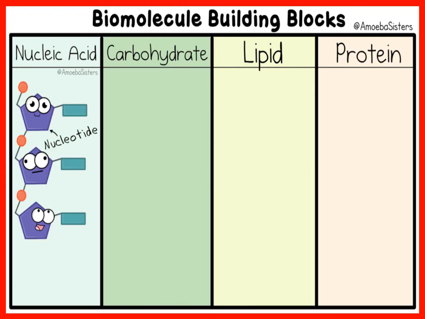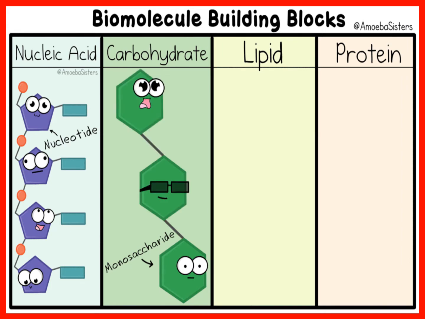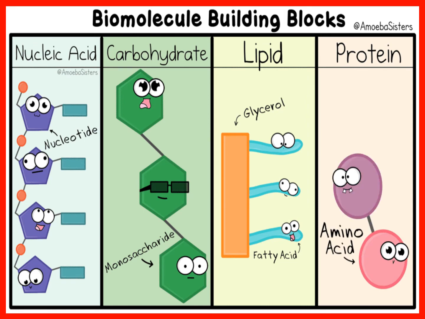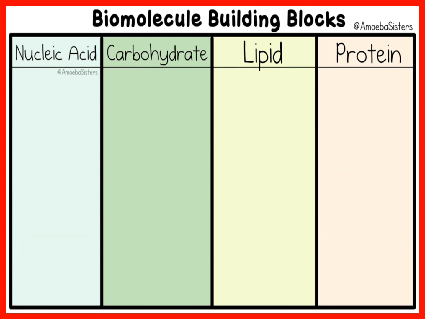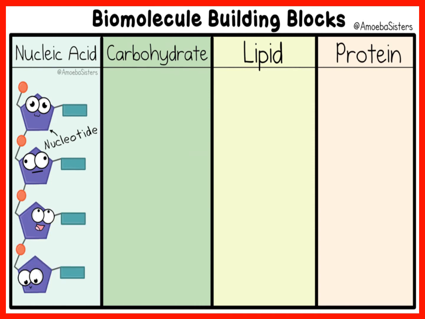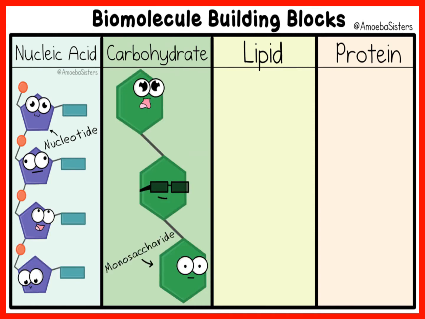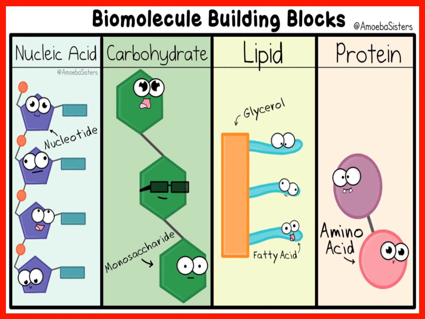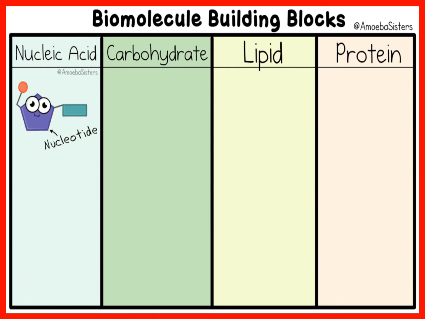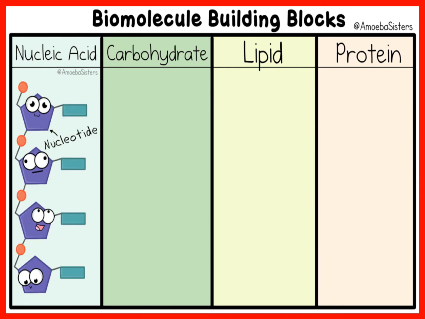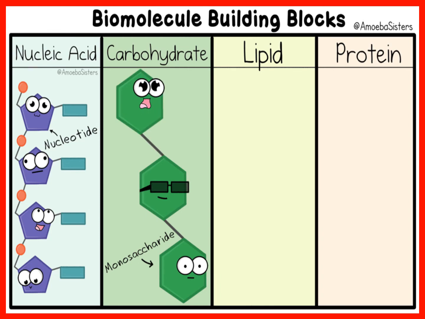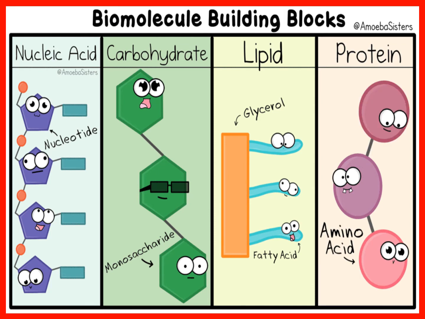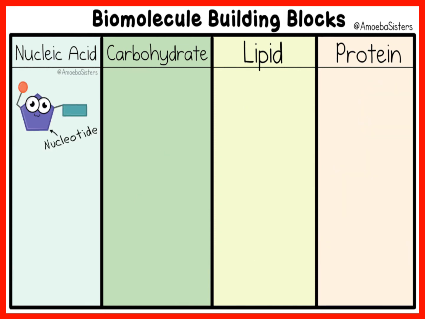So those are the big biomolecule building blocks that we learnt about: nucleic acids, which are DNA and RNA, made up of nucleotides as the monomer; carbohydrates, made up of monosaccharides that can be joined together in glycosidic bonds. We've got lipids, which are made up of glycerol and either 1, 2, or 3 fatty acids that can be different due to them being saturated or mono or polyunsaturated. And then you've also got proteins, which have got amino acid monomers linked to each other by peptide bonds to form